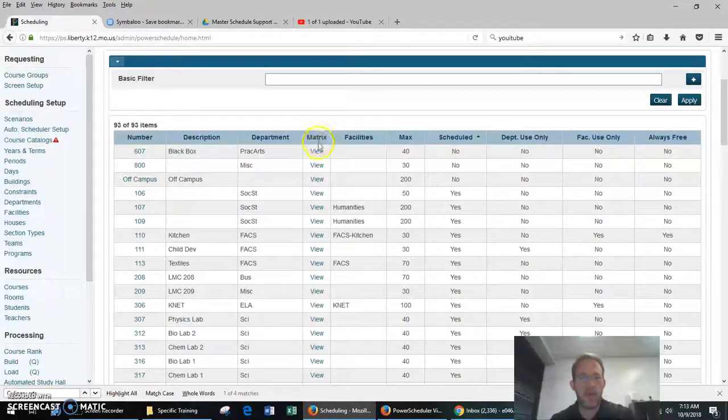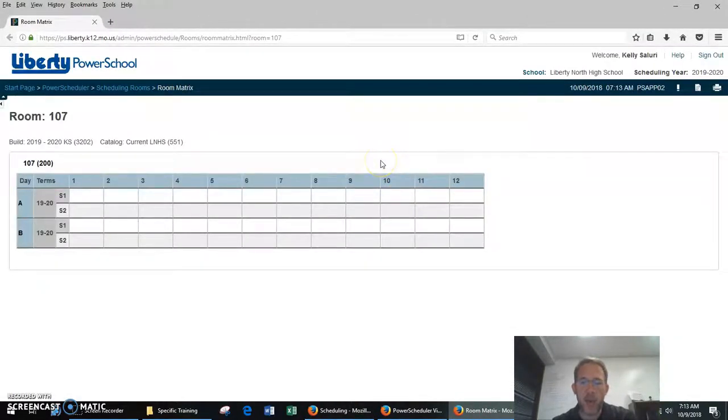This matrix view, if I click on view, I'm going to do this in a new window. What it shows you is after a schedule build has been completed, or at least attempted, and you've imported your results, this view tells you what landed in that room. If you're having errors or your build isn't finishing, this can come in handy because you can go and find